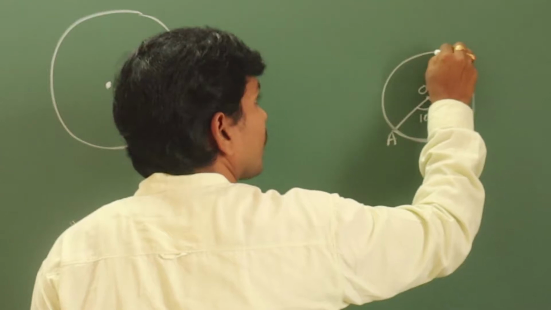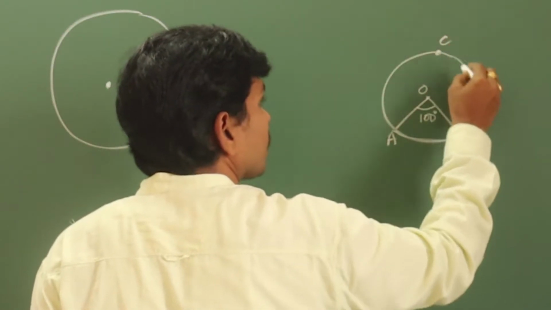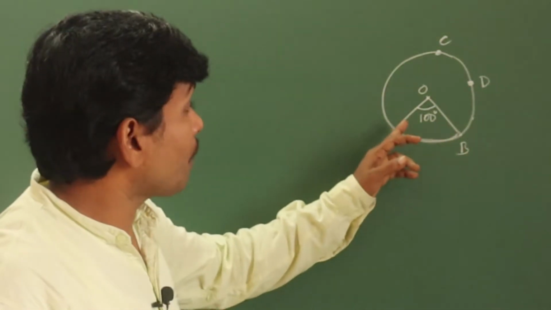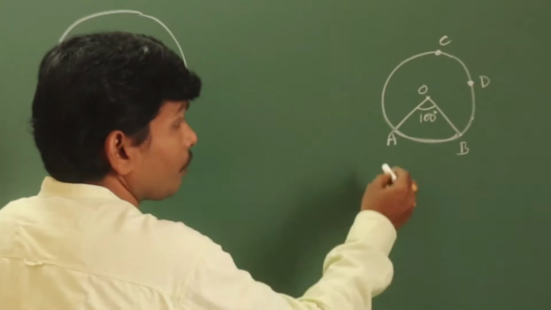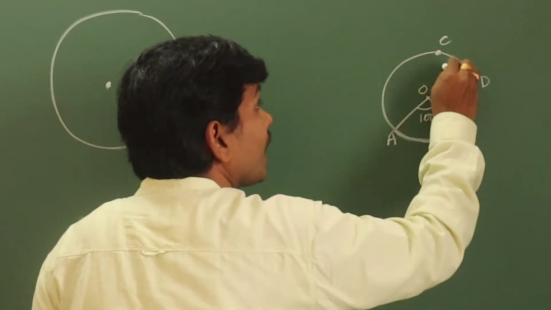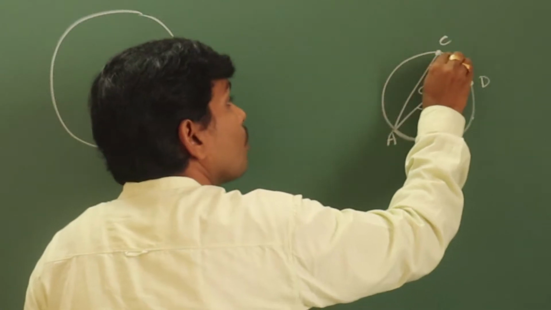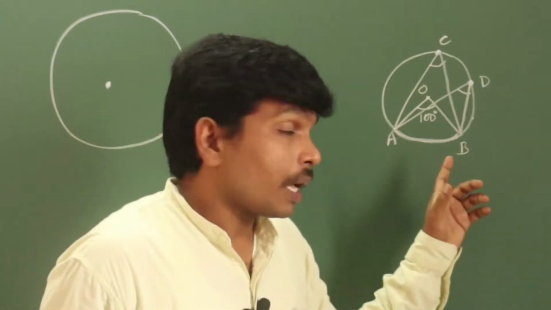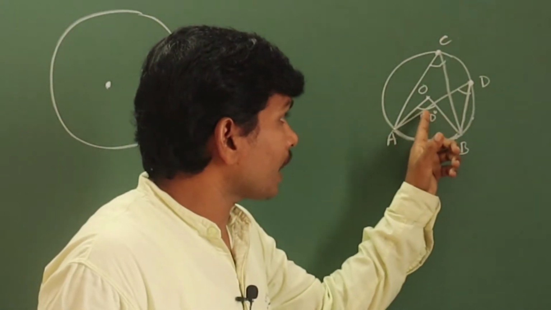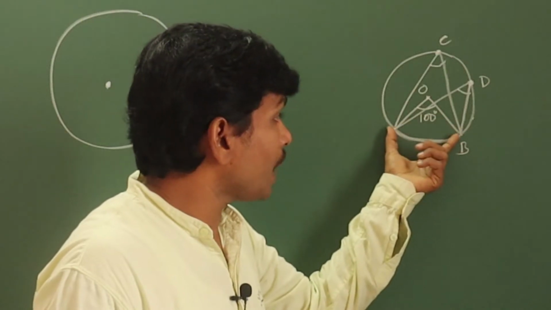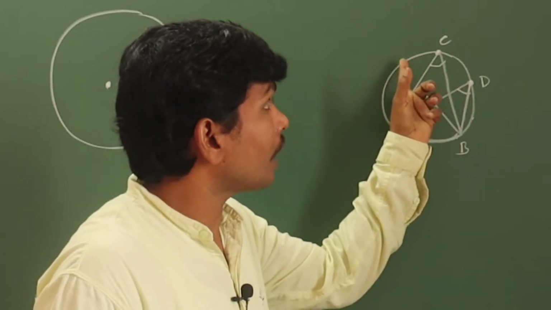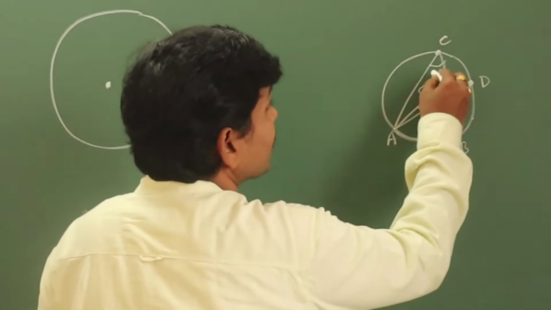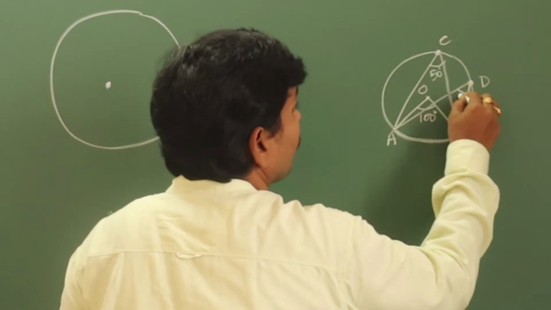The remaining part of the circle, I am taking here point C and here point D. So what is the angle made at the remaining part of the circle? Suppose this arc AB subtends an angle at C, how much? At D, how much? Tell me, anyone. The central angle made by arc AB is 100 degrees. Then the angle made by the same arc at any point on the remaining part of the circle is half of that at the center. Here 100 degrees is there, no? So here 50 degrees, 50 degrees.